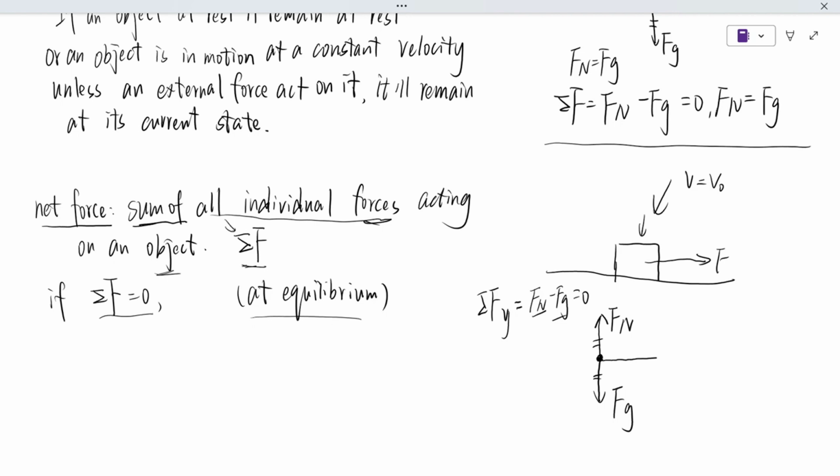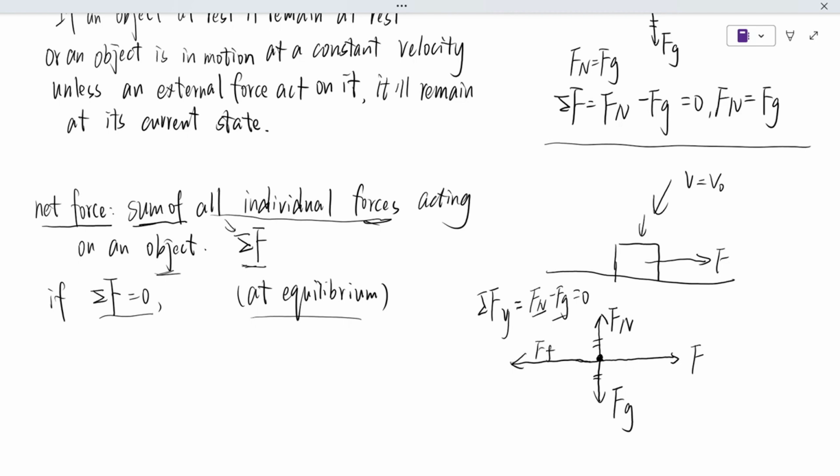And then, I just told you there's a force pulling this object forward with constant speed. Right now, it is not at equilibrium because the net force is not 0. Although the net force vertically is at equilibrium, horizontally it is not. Horizontally, the net force is actually equal to F, which is not 0. Then where's the other force? The other force horizontally that acts on this object is the friction force,